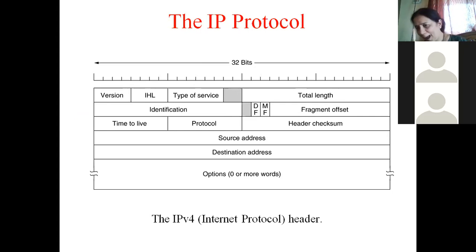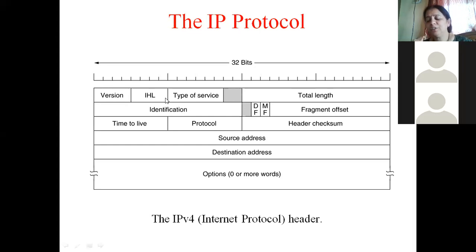For example, packet number 1, if it is divided into 3 fragments, then for the sake of understanding, imagine its first fragment we call 1.1, the second fragment 1.2, and the third fragment 1.3. So the first number is the original packet number, and the second is the fragment number. So 1.1, this fragment belongs to which original packet? That is indicated with the help of the identification field.